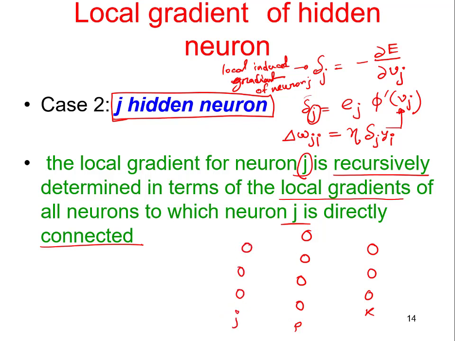We can suffix the nodes j1, j2 and j3, p1, p2, p3 and p4, k1, k2 and k3. If it is considered a fully connected neural network, then the connections from j are denoted as